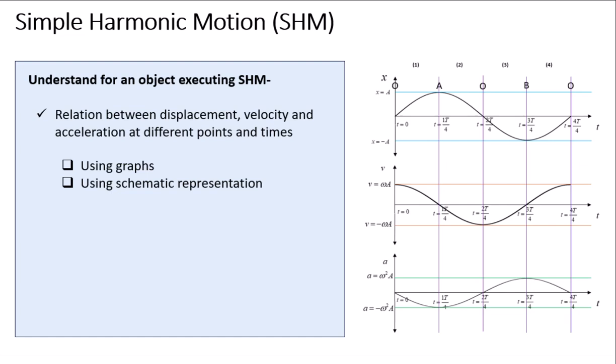Welcome to the session on simple harmonic motion. In this session, we are going to understand, for an object which is executing simple harmonic motion, what is the relation between the displacement, velocity, and acceleration at different points and also at different times for a given cycle of simple harmonic motion. And we will be using the graphs to understand, and also I will be drawing a schematic